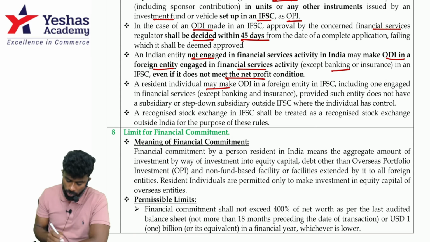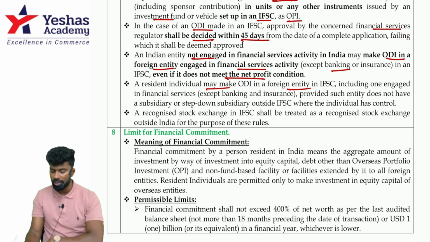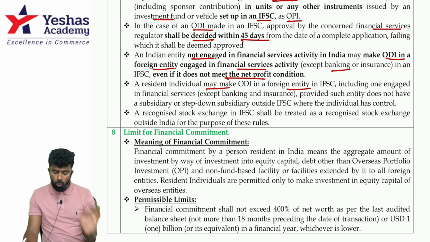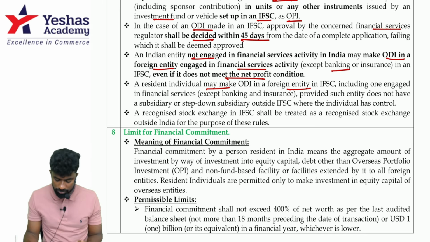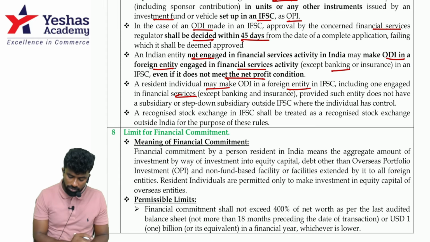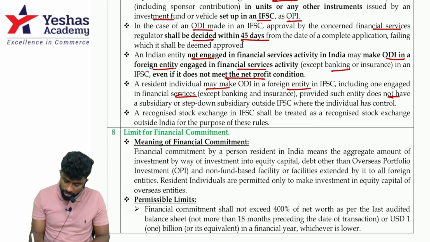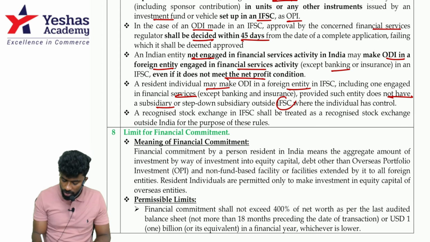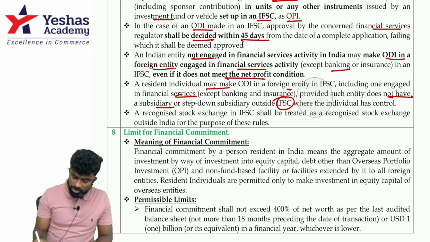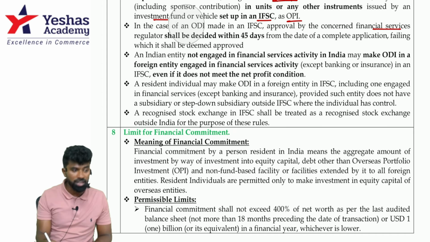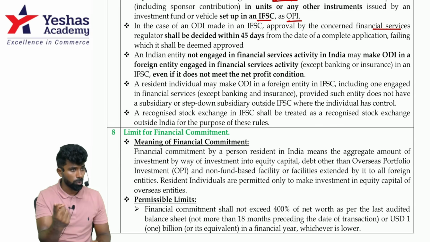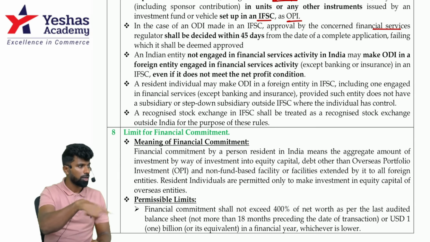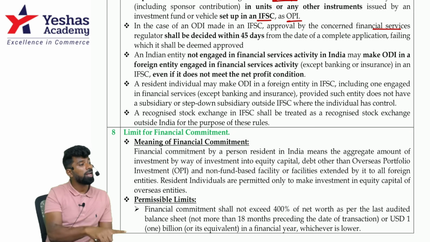Next one. A resident individual may make ODI in a foreign entity in the IFSC, including one which is engaged in what services? Financial services, provided such entity does not have what? Subsidiary or step down subsidiary outside the IFSC where the individual has control. Means if you are investing in a company which is in IFSC, you can do so even if you are not into the financial sector, provided that